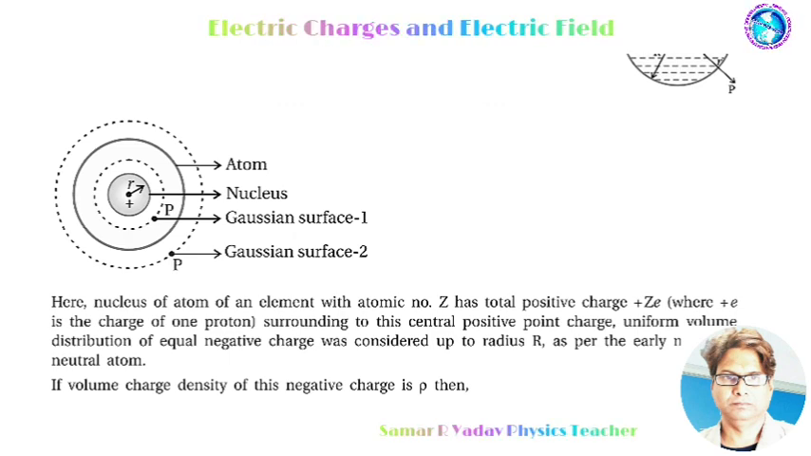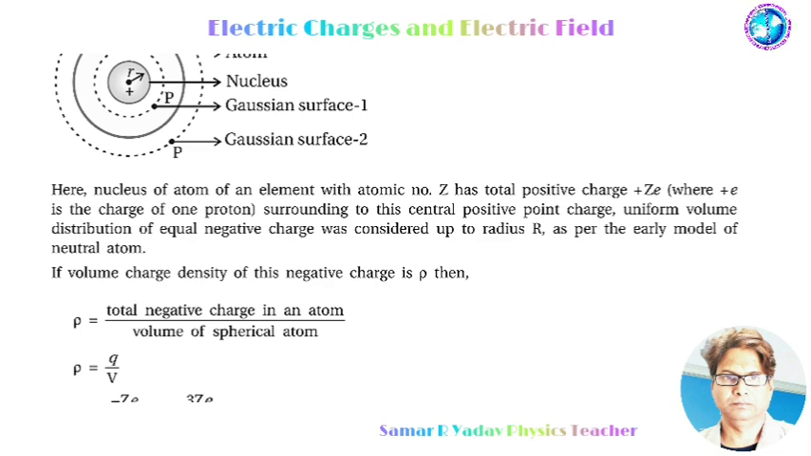the dotted line shows Gaussian surface 1 and 2, nucleus and atom. Here the nucleus of an atom of an element with atomic number capital Z has total positive charge plus Ze, where plus e is the charge of one proton, surrounding this central positive point charge. Uniform volume distribution of equal negative charge was considered up to radius capital R as per the early model of